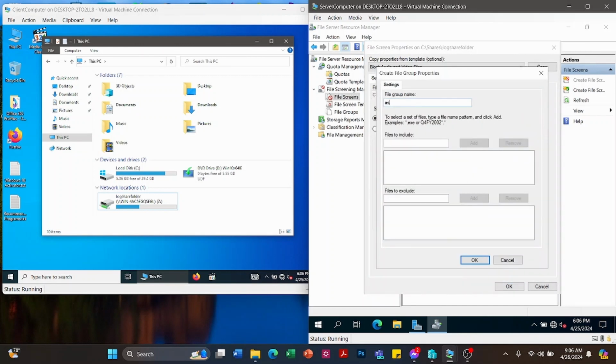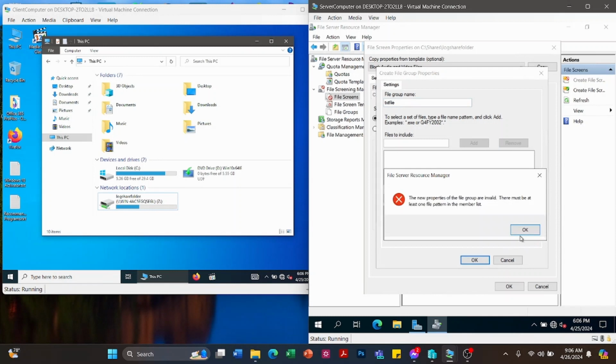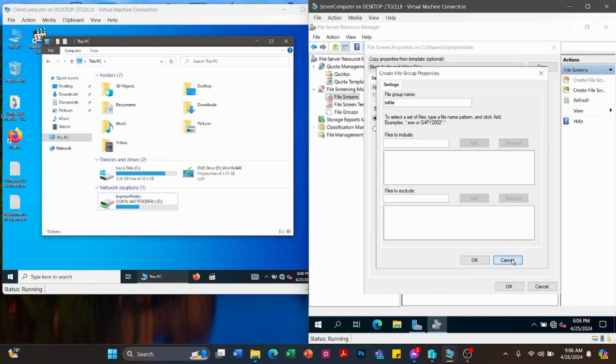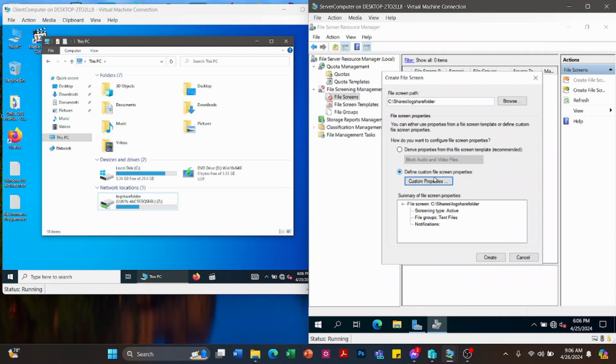Then file group name, let's say txt file. Then okay. Then okay. Okay, so we have selected txt file, meaning we are expecting that the client computers cannot save txt files or text files to the log share folder.